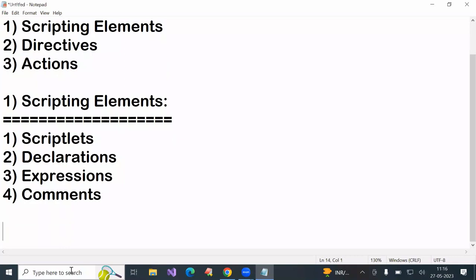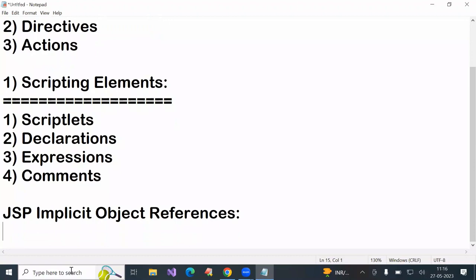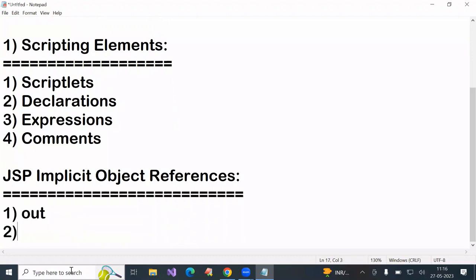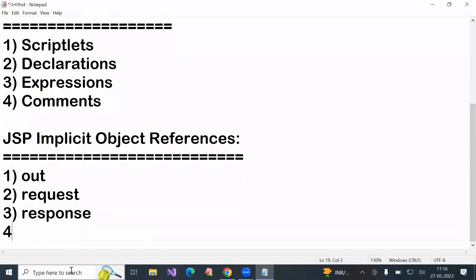See, JSP implicit object references. How many are there? 9. What are those? First one, out. Second one, request. Third one, response. Fourth one, config. Fifth one,